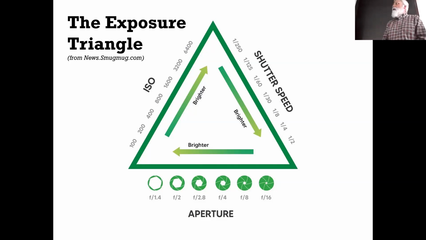But photography is all about light, and the light that comes into the camera is what makes the image. The same thing is true of our eyes. The light comes in through our eyes, but our eyes have really only one way of controlling how much light comes in. There's a pupil in the center of your eye that can close and open. And if you're in a dark room for a long time, it opens wide so you can see in the dark. If you're out in the bright sunlight, it closes down so that you don't get overwhelmed by all the